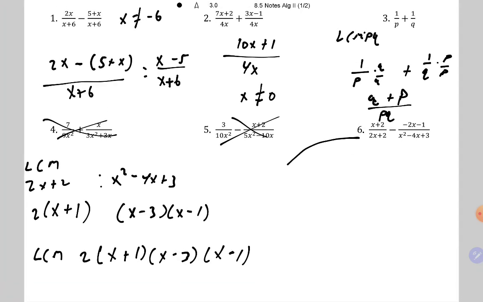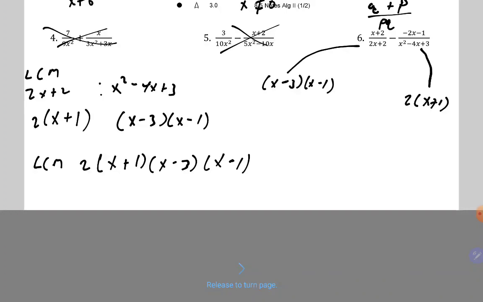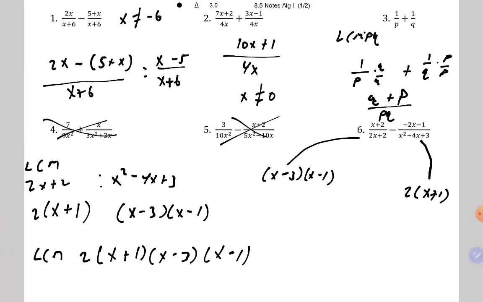So I'm going to multiply this one. So it has 2 times x plus 1. It's just missing x minus 3 and x minus 1. I would multiply that by that. And I would multiply this fraction by 2 times quantity x plus 1. What you do to the top or bottom, you must do to the top as well. And then after you multiply everything out, you subtract, and you'll get your answer. I'll leave that for you as a challenge, but if you want to know the answer,